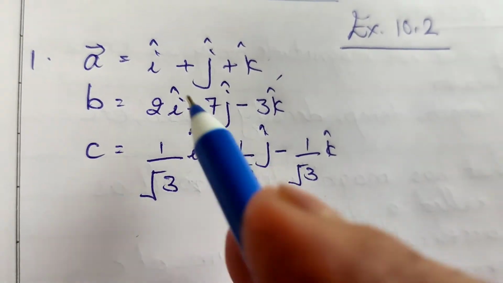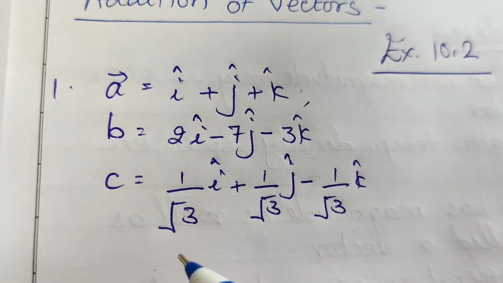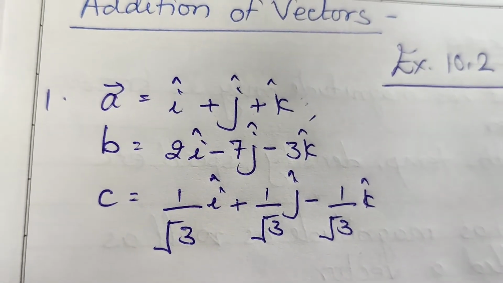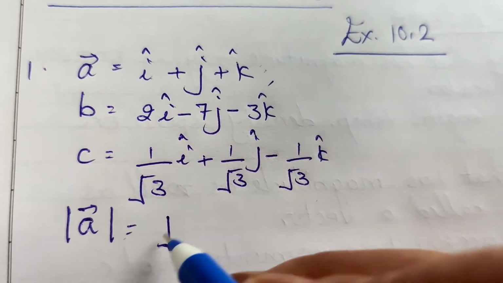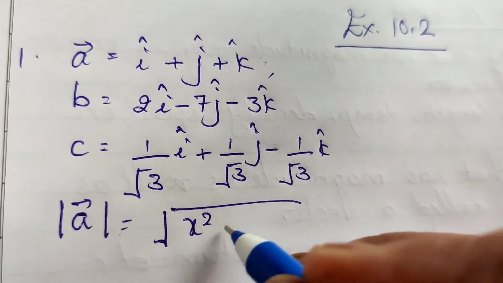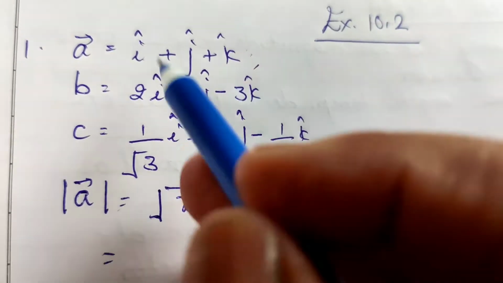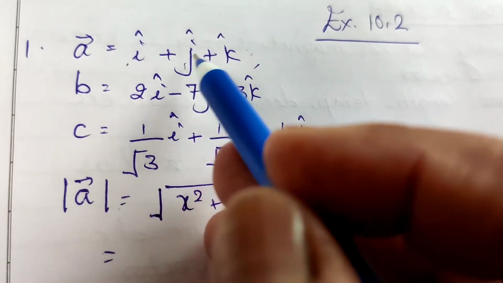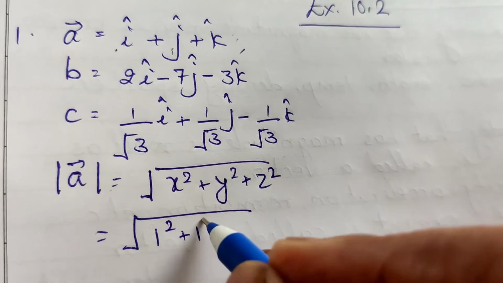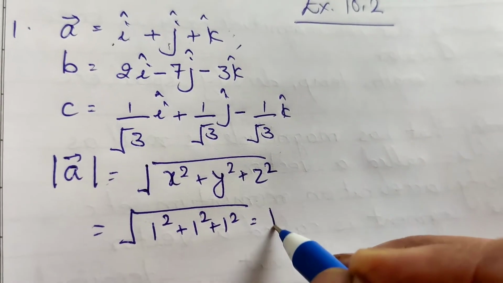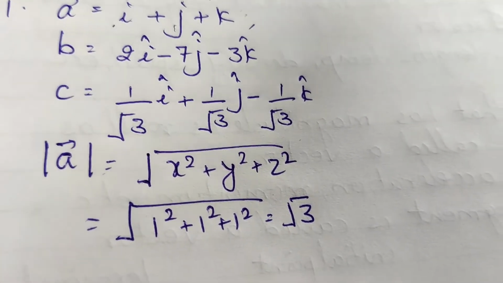The magnitude of the vector a, i plus j plus k. The magnitude of vector a equal to under root x square plus y square plus z square. Here in a vector x equal to 1, y equal to 1 and z equal to 1. 1 square plus 1 square plus 1 square, it is root 3. And the second vector,